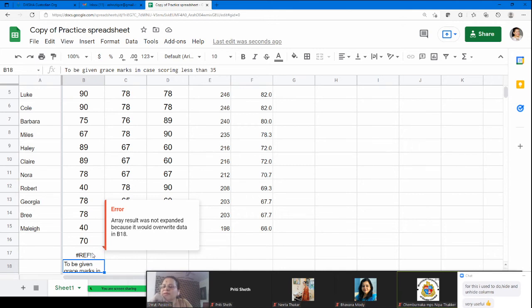B18 already has something, okay, understood. Maybe I'll write it here.